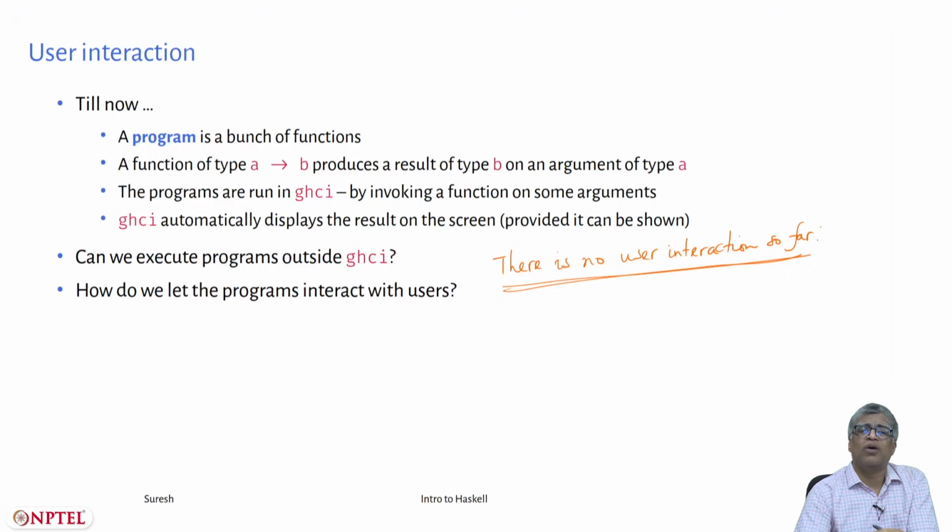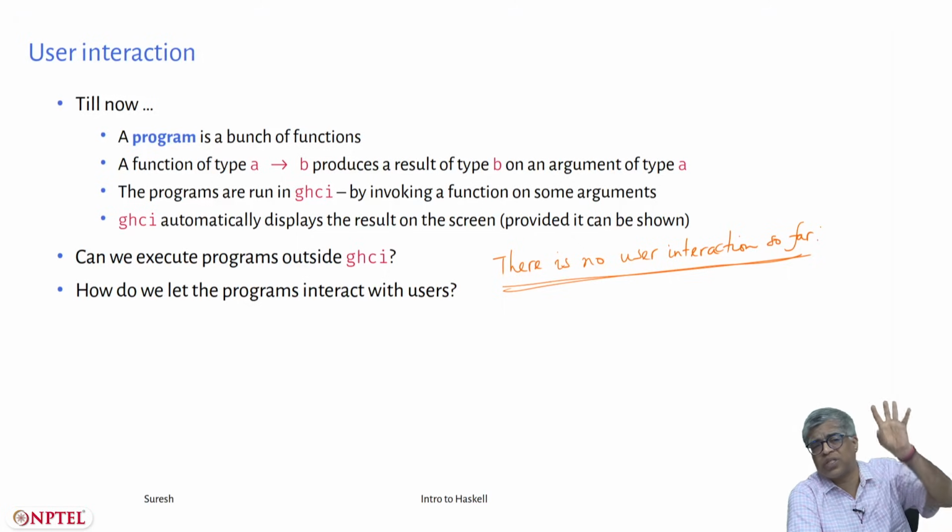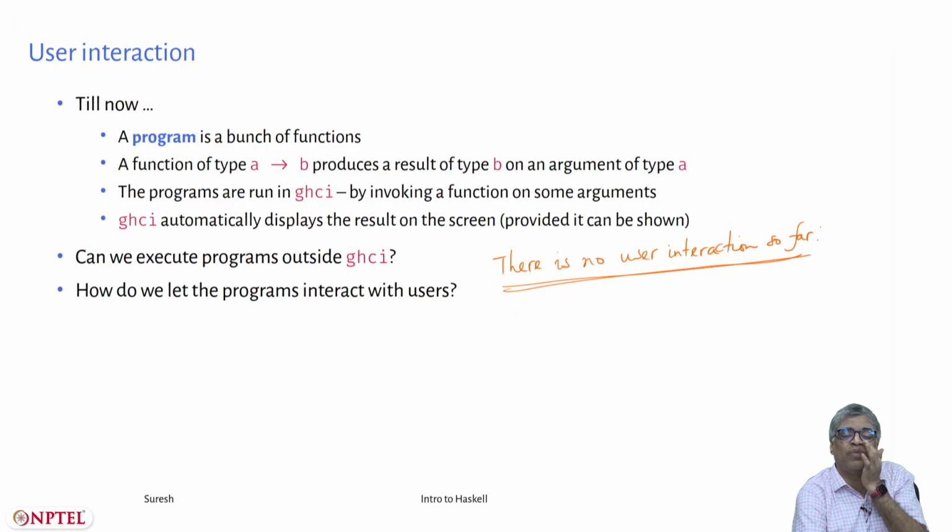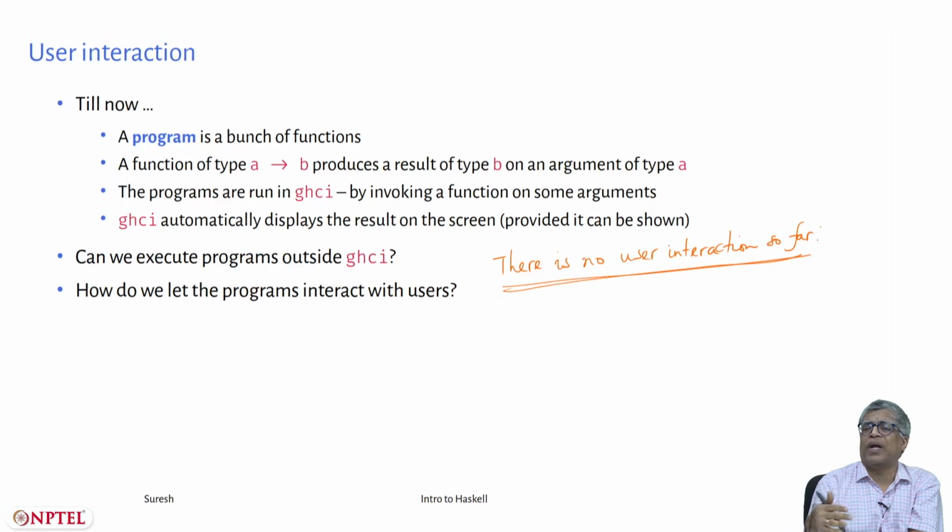It is not that you provide the arguments once at the beginning and then there is no interaction with the user at all. Whereas right now the user, we are the users, we use the program by providing expressions to GHCI. Expressions are of the form F 5, 12, etc. that I showed just a little bit ago. That is like providing some user input, but it's happening only once and it's happening at the very beginning. And there is no more interaction with the users.